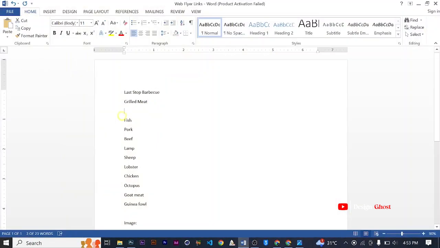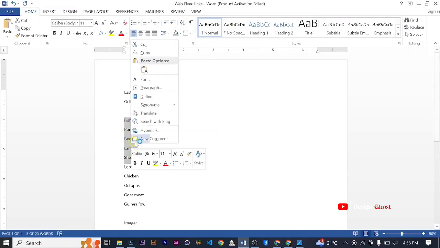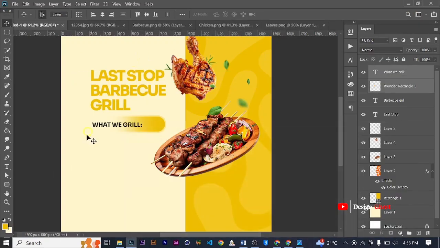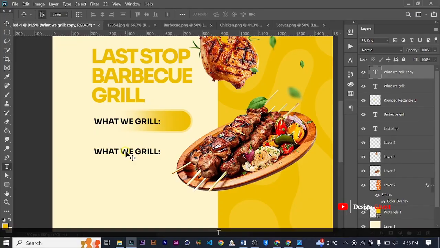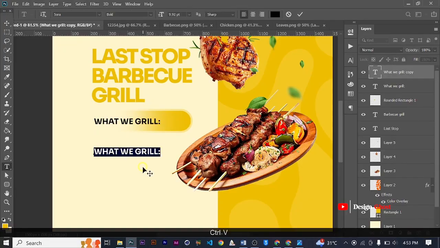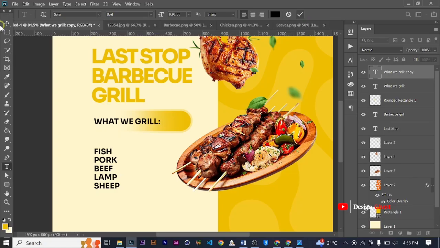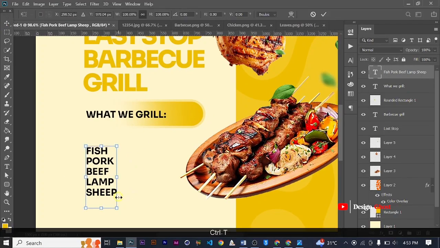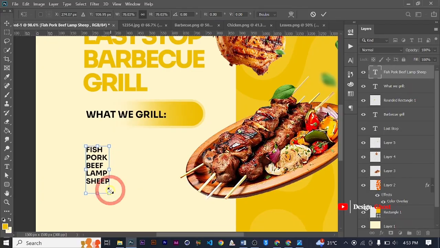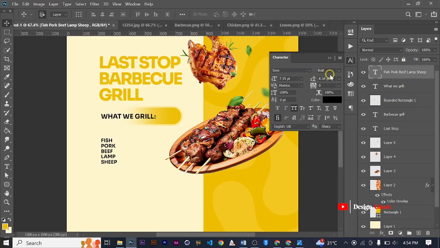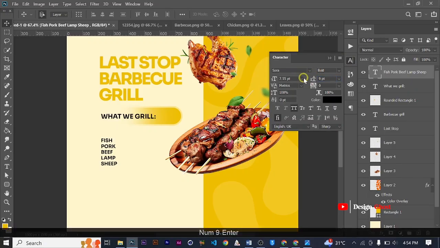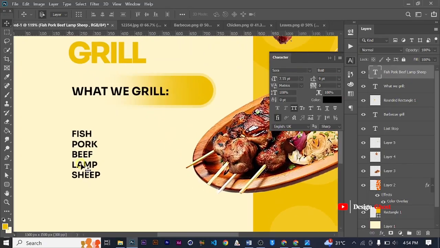and so we bring in the grills that we do. So there are 10. We are going to select 5. 1, 2, 3, 4, 5. And we are going to copy. We duplicate that and we paste. And let's resize it. Great. Let's increase the line height to about 9